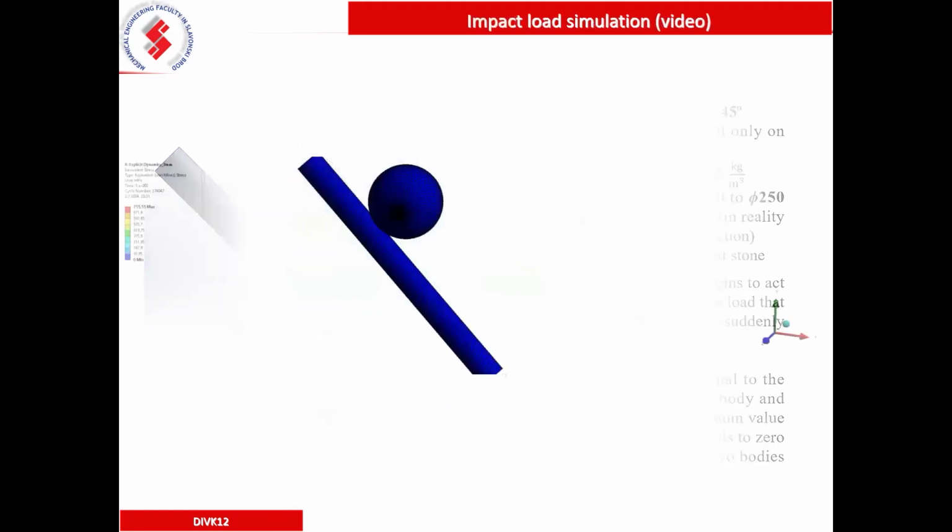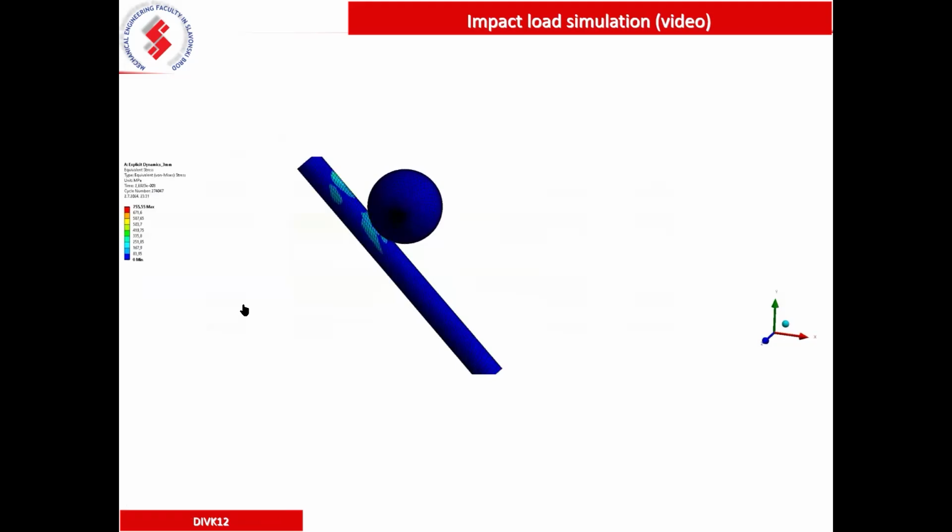Okay. How it looks, it is just some simulation. I hope it works. Yes. What is going on there when the stone falls from 2 meters, what kind of damage we can find there. And after that,